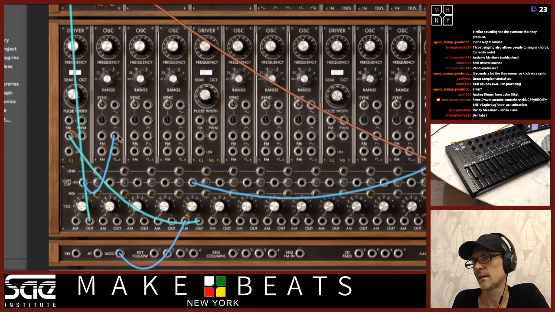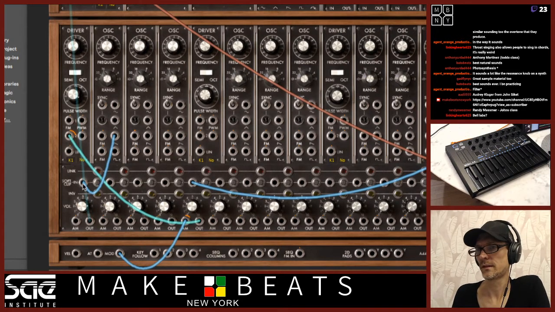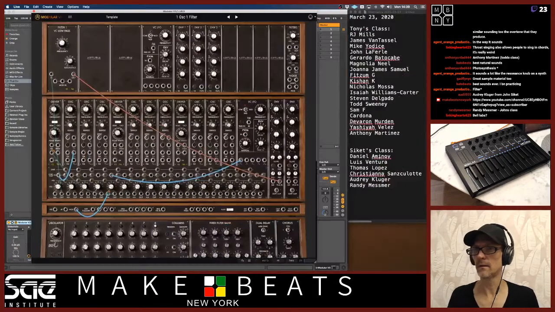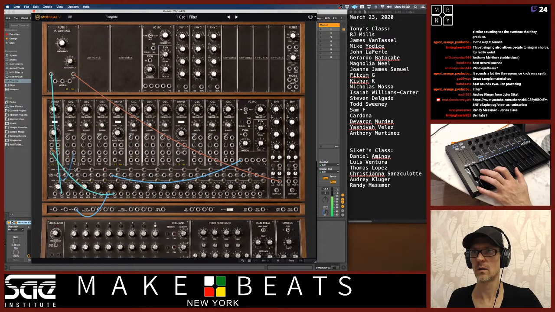The sawtooth wave is going into this soft clipper thing, which is probably some kind of mixer or volume adjuster. Yeah, this is like a volume adjuster, kind of a mixer, if you will.